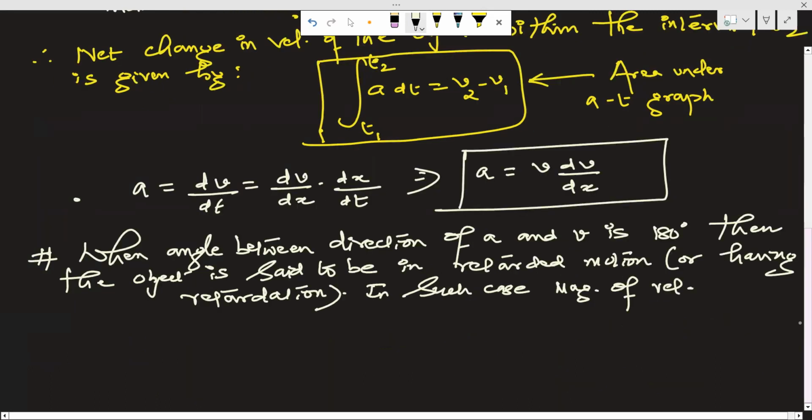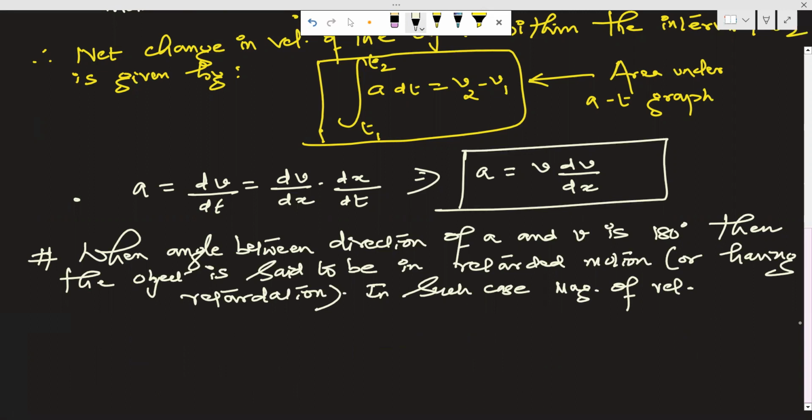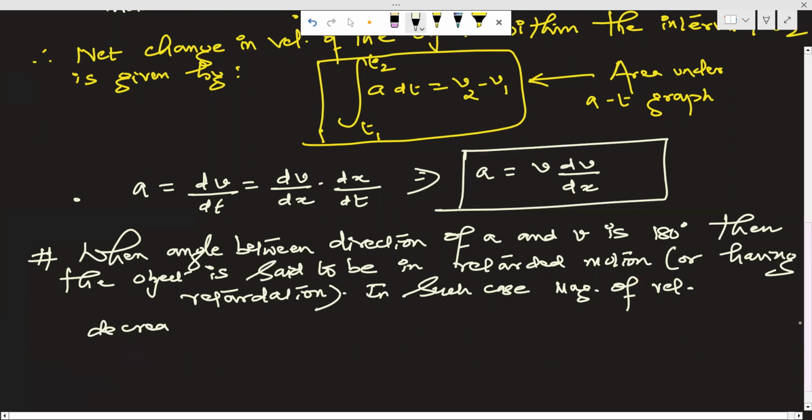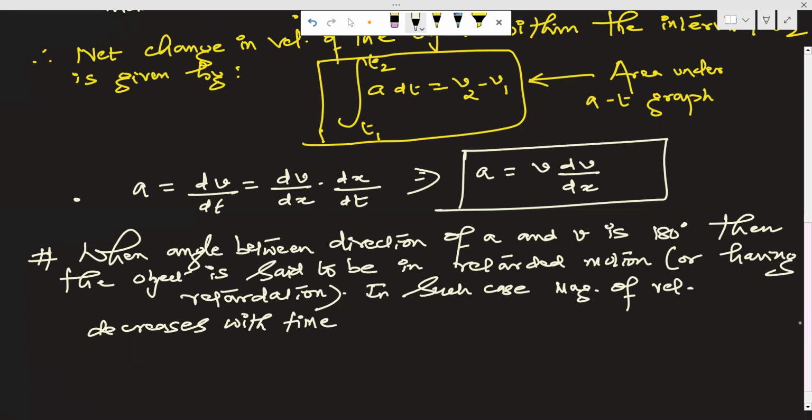Magnitude of velocity at an instant is called speed at that instant, decreases with time। यानी अगर किसी problem में velocity और acceleration का sign opposite है, one is plus one is minus, if the angle between them is 180 degree, then it is said to be retardation, और इस केस में magnitude of velocity time के साथ साथ घटेगा, जबकि angle अगर दोनों के बीच में zero होगा, if both are positive or both are negative, then the speed or magnitude of velocity will increase with time, and we will say it is a normal case of acceleration, ठीक है।